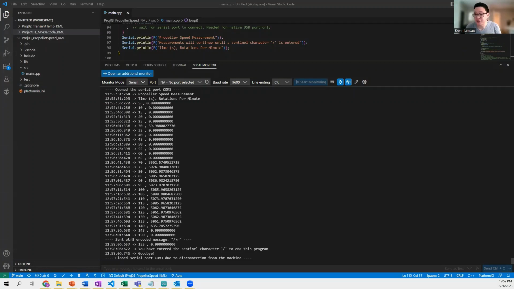Hi there. So I'm back here now in Visual Studio Code. You can see here that this is the readout coming from my Arduino Uno setup. It opens up the serial port, COM3. It tells the user that it's a propeller speed measurement, and it starts to spit out data: a time in seconds, and number of rotations per minute. Every 5-second interval, as you can see in this column, I have an RPM value calculated and